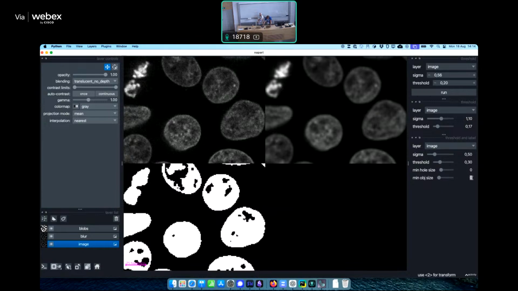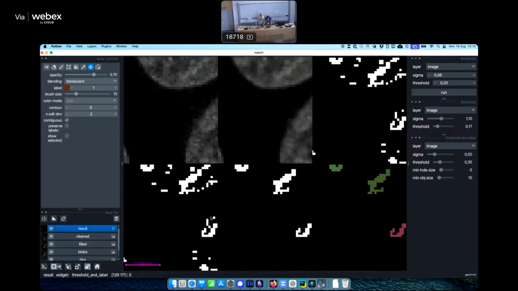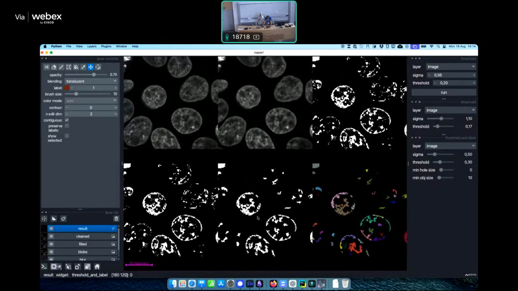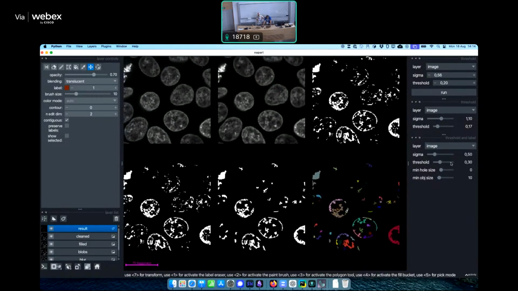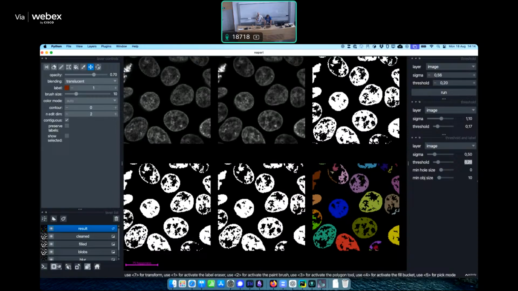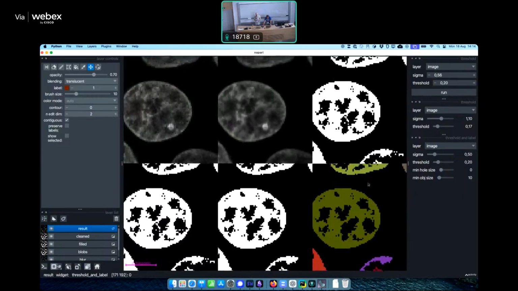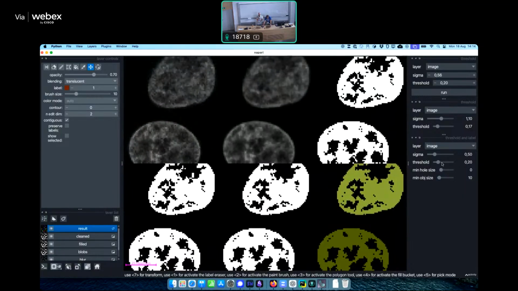So now if you run this once, it's going to do its first thing, and now we have a bunch of layers. You can see, okay, now we're getting to the point where it's important to know what we're doing with the previous sliders, because you see that at the end we're getting a bunch of separate labels, and we don't want that. We want individual labels for each individual object, and we know that the object we're interested in